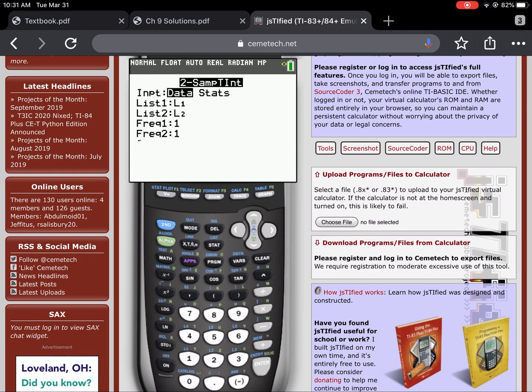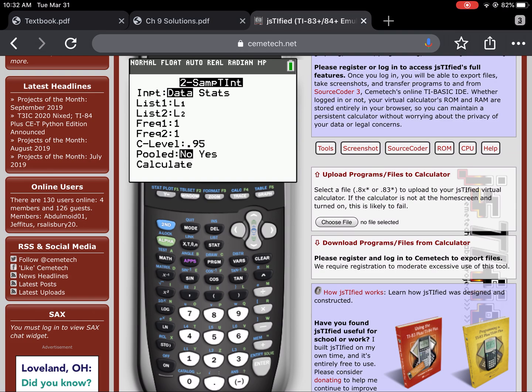There we go. All right, now I was given the data, not the statistics, even though it was a very small list of data. List 1, I'm happy with putting in the first set of hamsters, which were the ones exposed to the shorter amount of light, and list 2 will be the ones exposed to the longer amount of light. Frequencies are just 1 and 1, as I did not put in frequency lists,